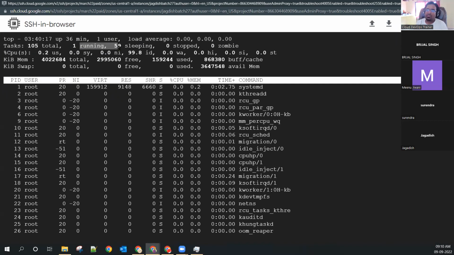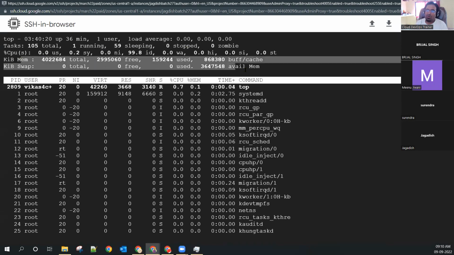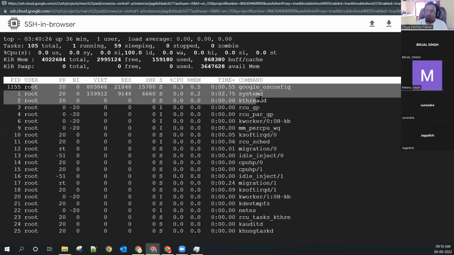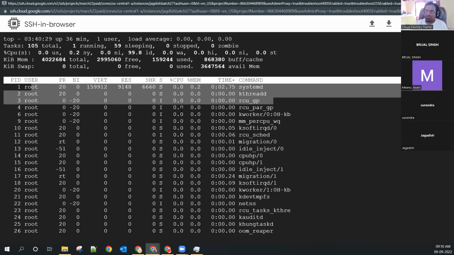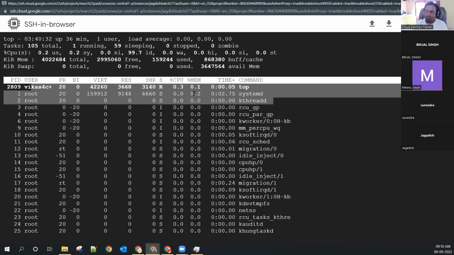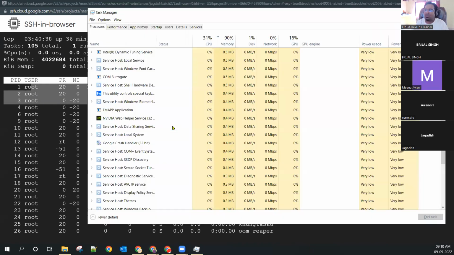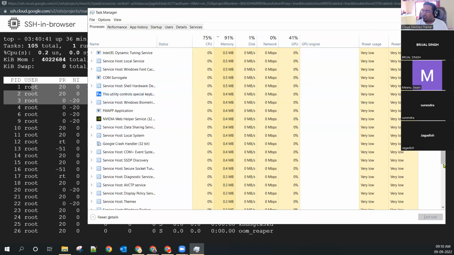How many running and sleeping services? CPU, memory, all the details. Vikas user, root user, CMD, what all is running and how much CPU and memory it is using. In this, you can see all are 0.0, so its performance is good. In Windows, not everything is 0. Okay. Let me go up.